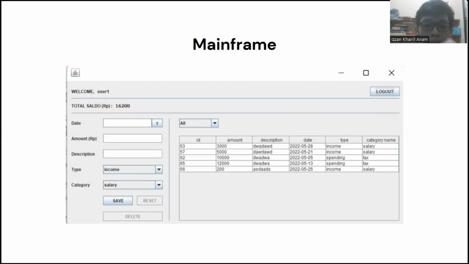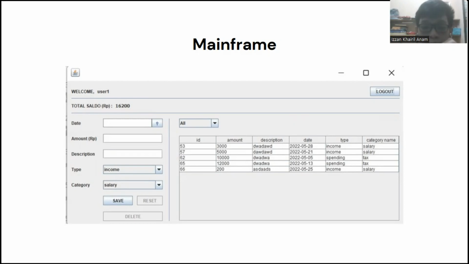Next is the type field. In the type combo box, we have two options, income and spending. In the category combo box, we have category names that depend on the selected type. So if the user selects type income, the combo box will show the names whose type is equal to income or spending.